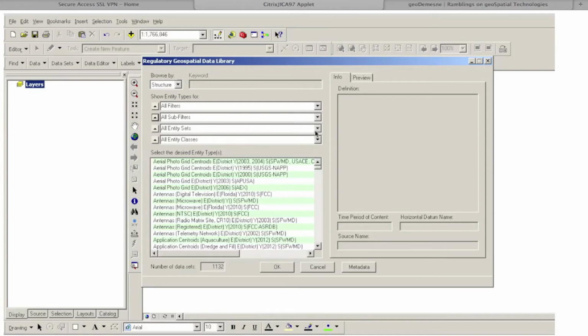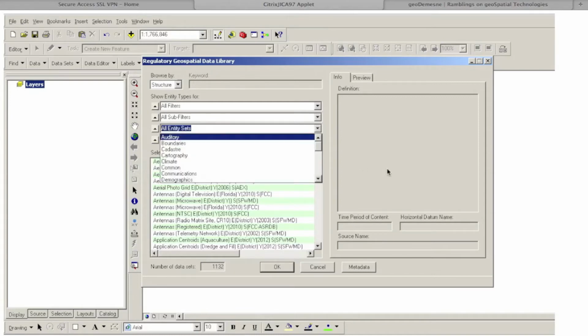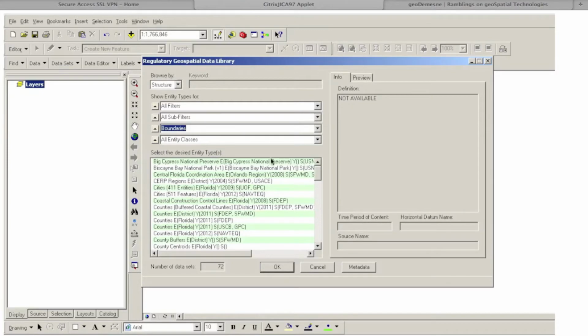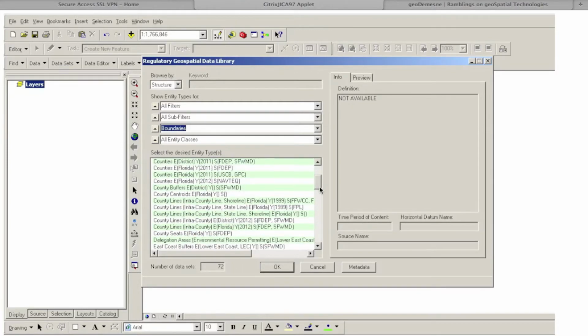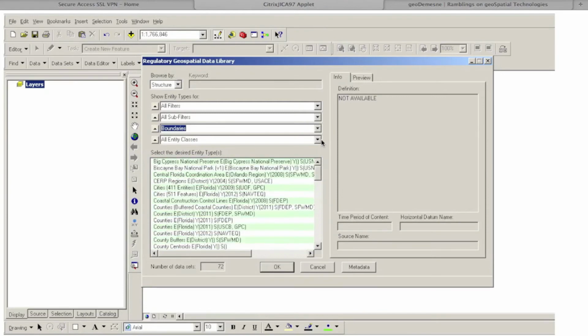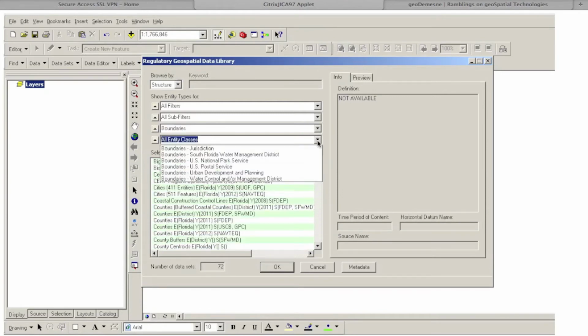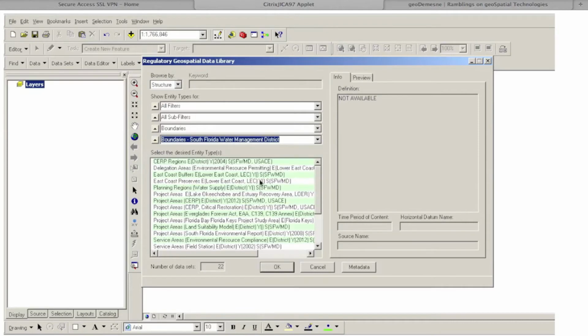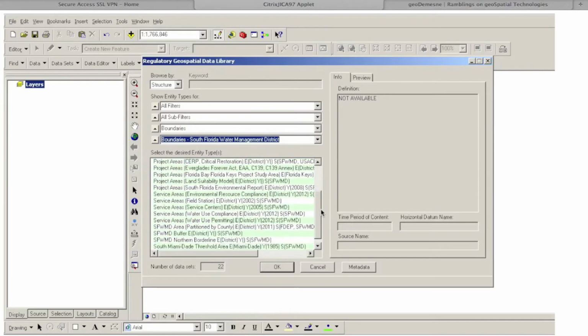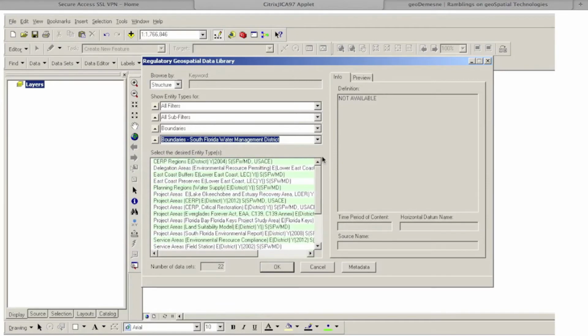So to filter an entity set, we click on here. These are all the different SDSFIE entity sets. I'll pick boundaries. And so now I'm looking at 72 feature classes that are boundaries. And then I may want to just pull out South Florida Water Management District boundaries. I click on here, and you can see that the number goes down. So now we're looking at 22 different data sets over here. Okay, then I can click it,